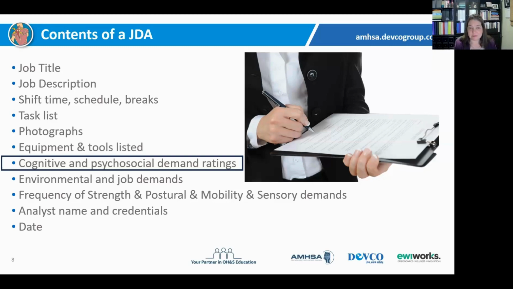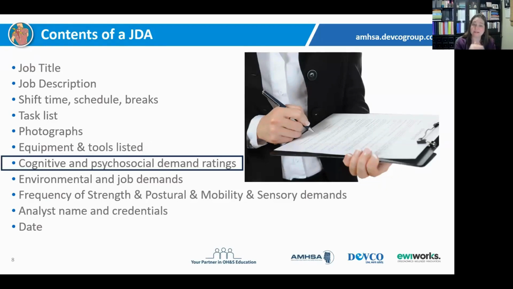Many job demand assessments include the type of equipment and tools that are used. Once again, really helpful if you've got somebody who's operating a personal vehicle, operating forklifts, operating a crane, or a professional driver who is spending a lot of time on the highways. You just want to have those things in mind, especially on a day like today. I don't know how many of you are in Calgary, but the roads are pretty special today with snow and ice. Most job demand assessments have a section for cognitive and psychosocial demand ratings,